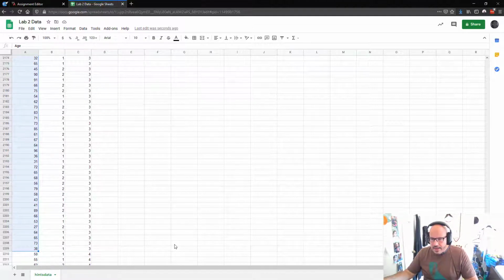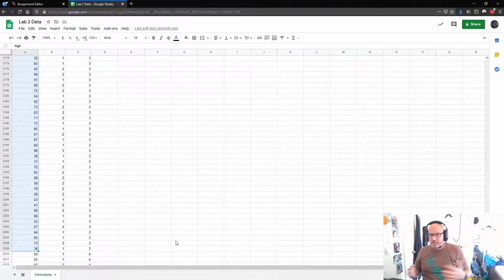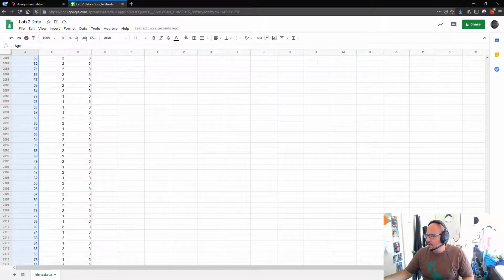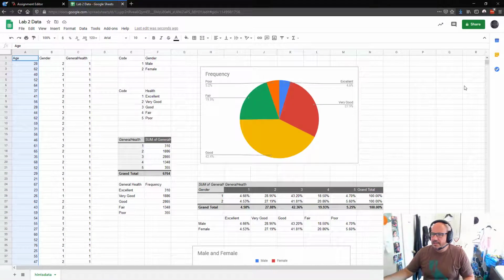Then you just highlight the rest of it, or sort it in the opposite order, to get the people who felt poor. And I make a histogram out of that, and that's something that I'll allow you to try to figure out. But those are my couple of hints that I think should be able to get you through the graphs you have to create. If you have any other questions, feel free to email me,